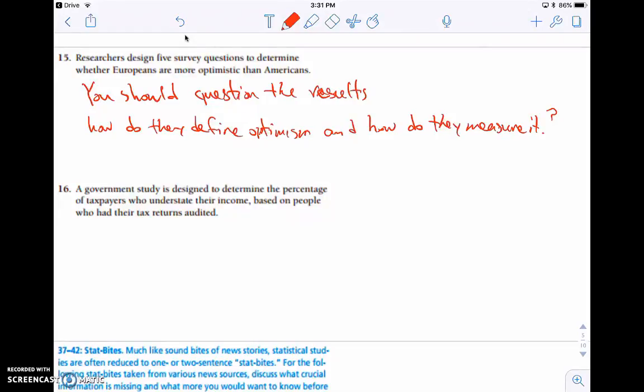Okay, number 16 here, we got a government study is designed to determine the percentage of taxpayers who understate their income based on people who had their tax returns audited. Now, in this one, we're looking at a government study. It tells us its design, what it's trying to do, and it tells us how it's going to do that. It's going to do based on people who had their tax returns audited. So right here, there really isn't a lot to question. So I'm just going to say in this one, there's no obvious reason to question